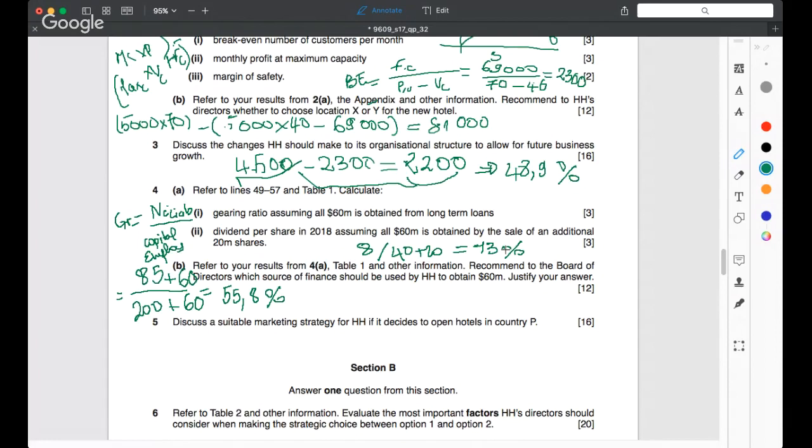Selling assets, retaining profit. I don't know. Impact on ownership and control, potential dilution of ownership. Okay, debt factoring. Is that the selling of debts? Debt factoring is, I'll tell you what debt factoring is. For example, I'm selling